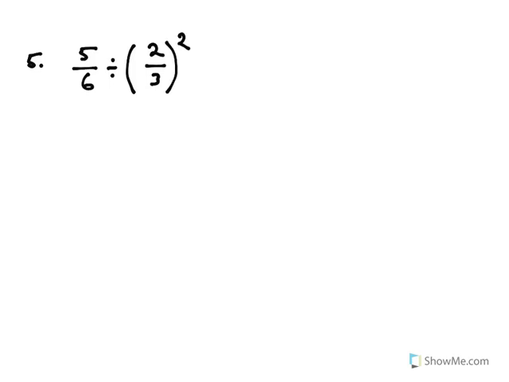Okay, so we'll finish off by doing this last example, and we have 5/6 divided by 2/3 to the second power. So if you write down PEMDAS, okay, and you follow the order of operations, we should clear the parentheses first. So this can be written as